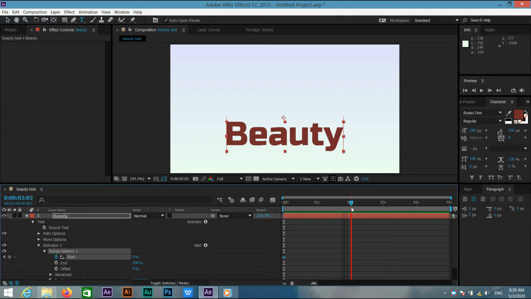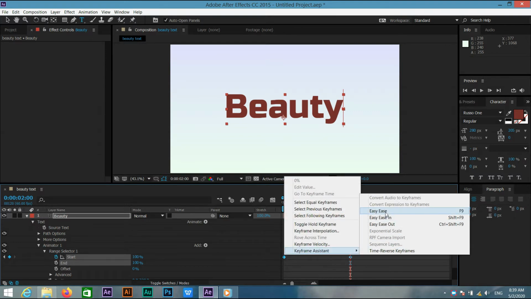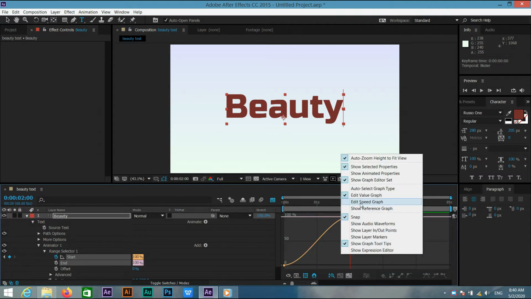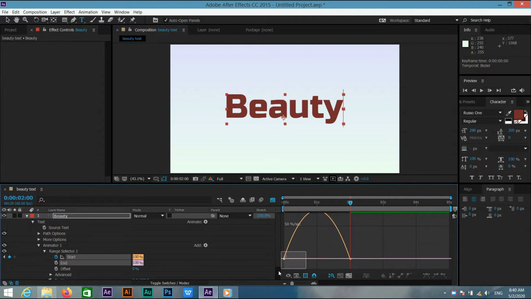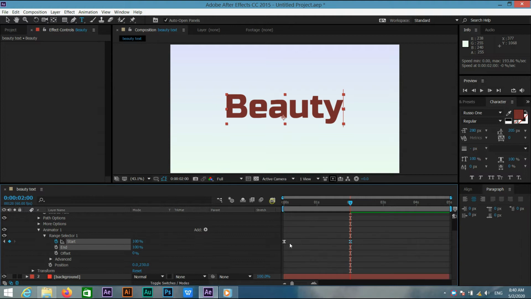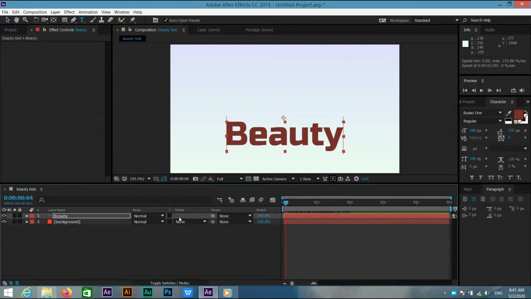Now go to the 2 second and change value, set it 100. Select these keyframes and right click keyframe assistant, ease, and now go to the graph and right click edit speed graph. Select this point and drag it. Now go back and check it. Now close it